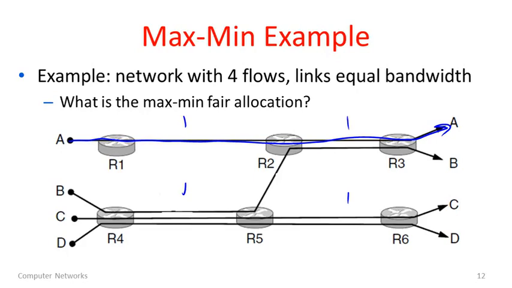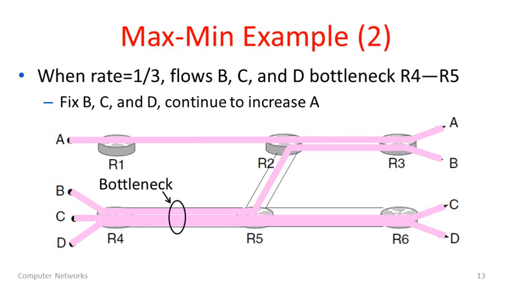Okay, so let's imagine we want to find the max-min fair allocation. So we start pumping water along all of these flows and raise the level. They start at 0, a tenth of a unit, 2/10 of a unit, and raise. And what's going to happen? Well, as soon as we get to 1/3 of a unit, flows B, C, and D will fill up this link here. Let's just move ahead. Here it is.